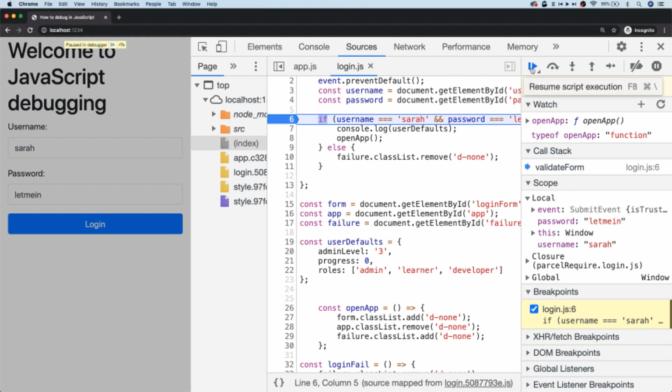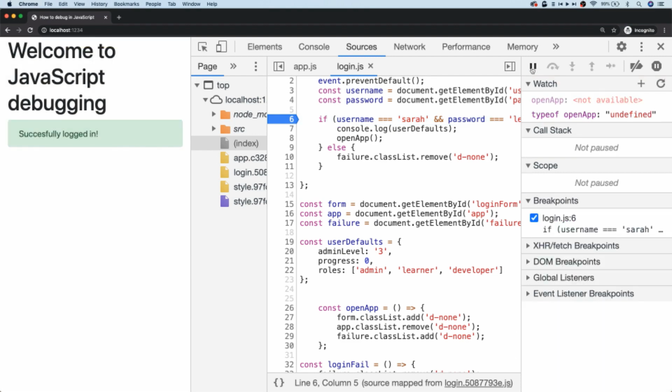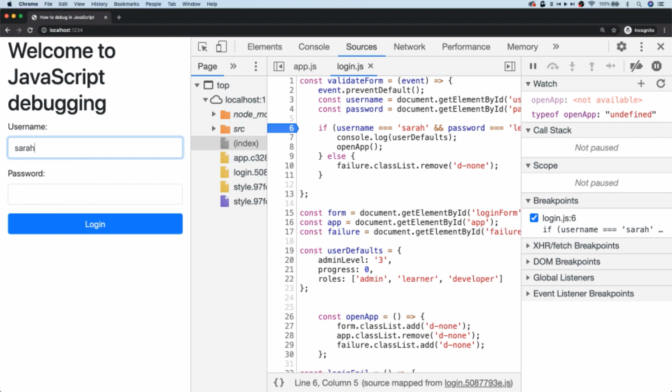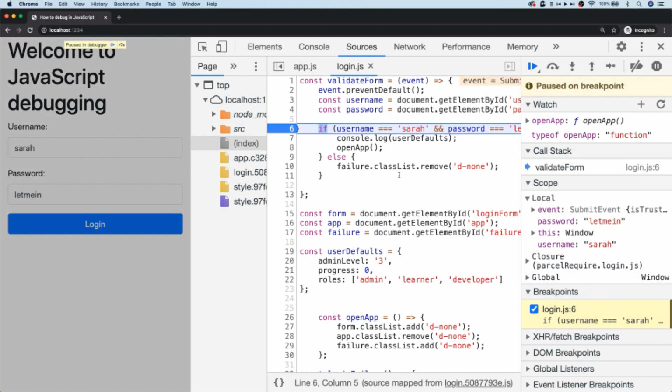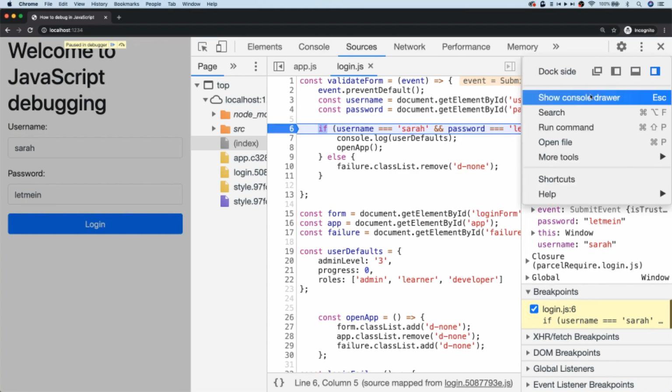So let's resume execution in the developer tools. And now you can see we're getting a message saying we're successfully logged in and the code has finished running. So let's log in one more time, and don't forget we've still got that breakpoint set up. So when the debugger has paused execution of the code, we can actually head on over to the console. So if I just open up the console drawer here,